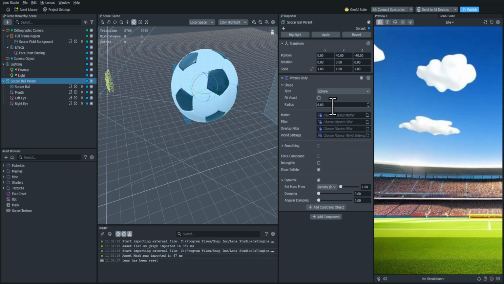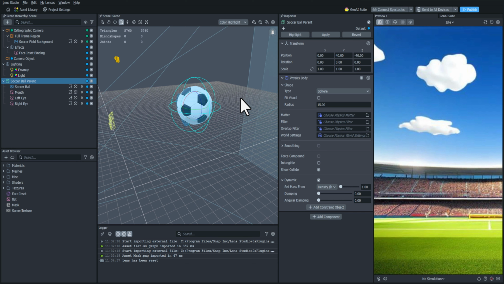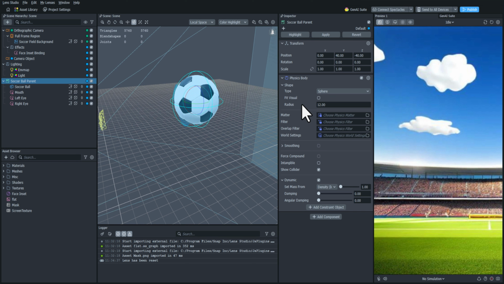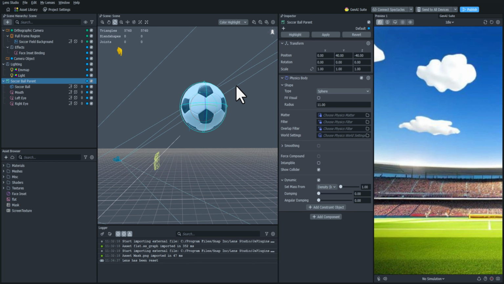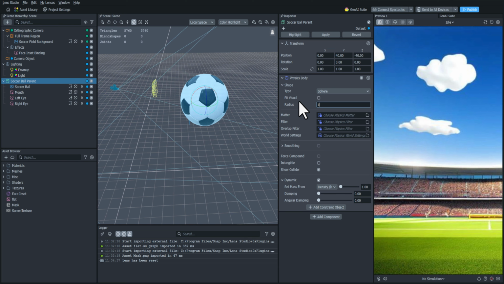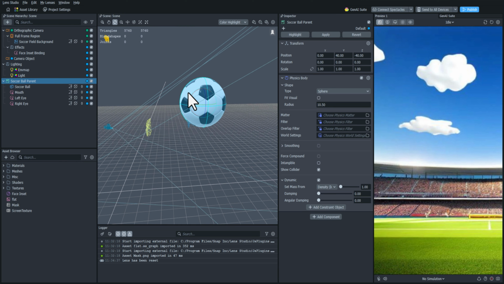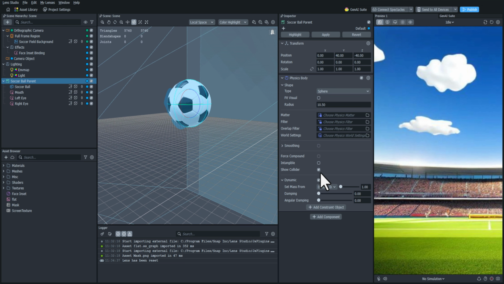So if I go to 50, yep, it's way too big. I'm going to go down to 10. Okay, 15 is still too big. Let's just adjust until we get it to look exactly like the soccer ball. So 11 is pretty close. And 10 is too small, so let's go with 10.5. And that looks perfect. Now you can see when we reset the scene, the soccer ball will immediately start falling,